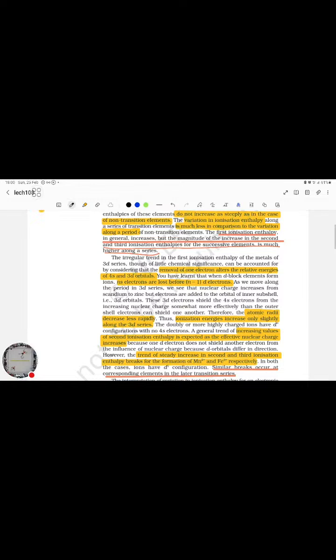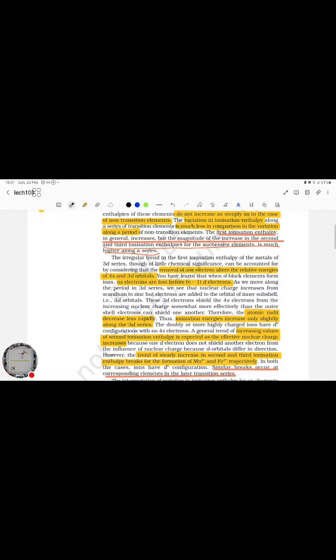A general trend of increasing values of second ionization enthalpy is expected as the effective nuclear charge increases, because one d electron does not shield another from the influence of the nuclear charge, since d orbitals differ in direction. However, the trend of steady increase in the second and third ionization enthalpies breaks for the formation of Mn2+ and Fe3+ respectively. So basically, what they are trying to say is